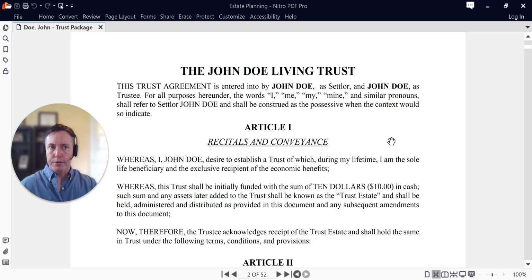And remember, with the trust, there's really three major benefits that you're getting versus just utilizing a will. One is the trust allows you to avoid probate for assets that you actually fund into the trust, that we'll talk about as well. You're also able to protect the distributions that you're making to these beneficiaries when the time comes. So if, let's say, a son or a daughter is in financial trouble, or they have a special need or a disability, or just got sued, or maybe we have a beneficiary who's too young, like a grandchild, you've accounted for all of that, and the dollar that's in the trust is going to be safe from all those other claims and creditors.